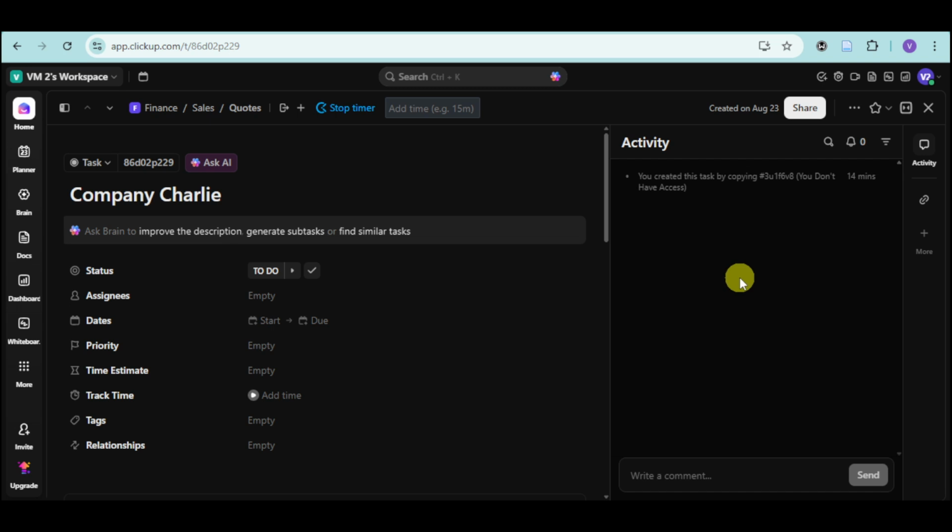And then after you have done that, you should be able to start the timer into this part, and you can also find it right here